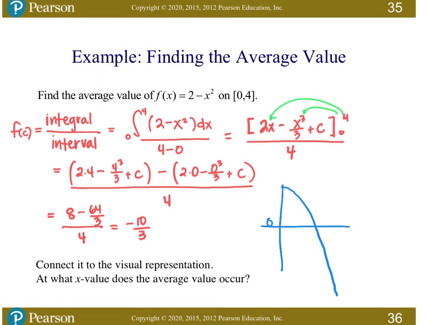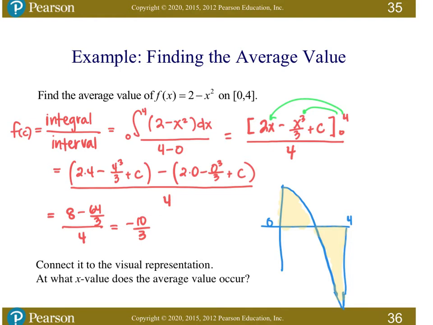And we're going to go from 0 to 4. All right, so that means that the area all in that parabola, so that would be this area that's above and this area that is below, that amount